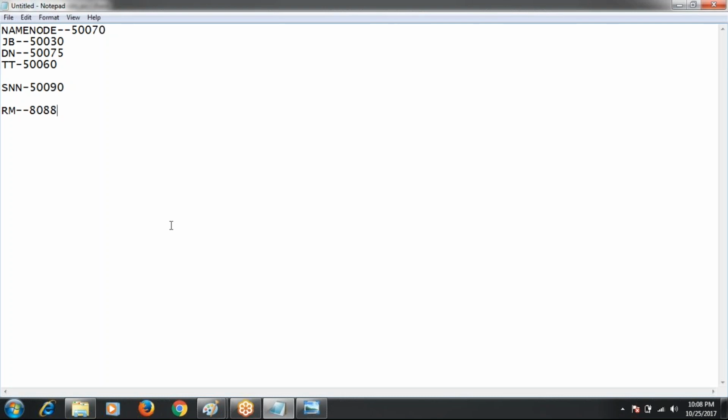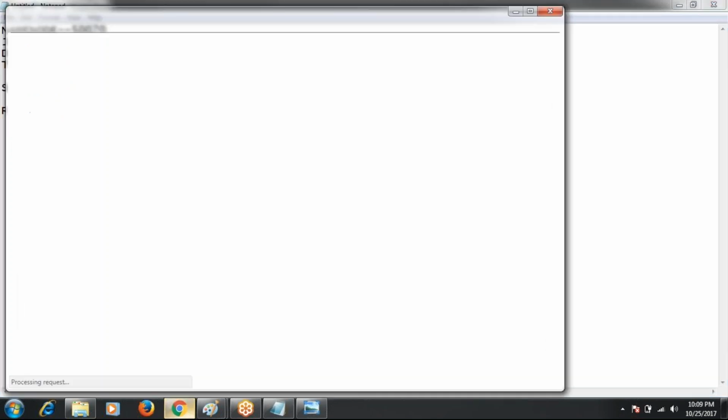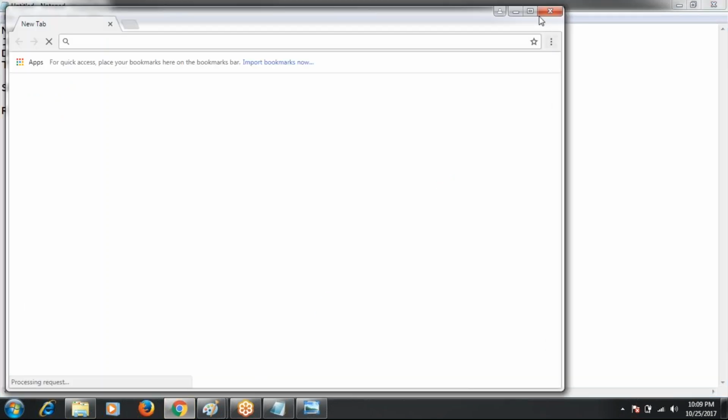Okay, they configure different ports, but when you access using these ports, you can see the same type of UI only. So basically, what is the use of these ports? Using these ports, you can access these daemons from the web UI. For example, I configure my cluster. Now I want to see my name node status.